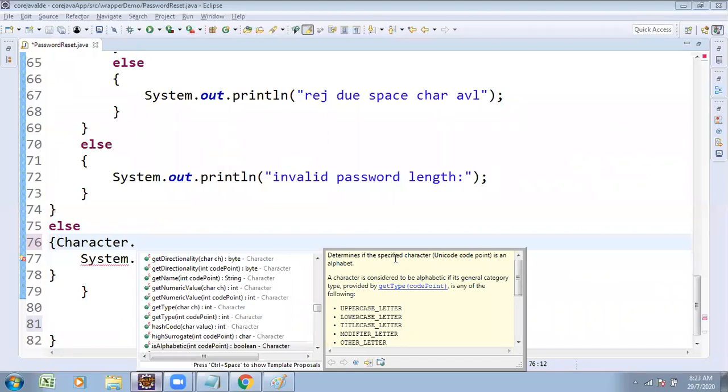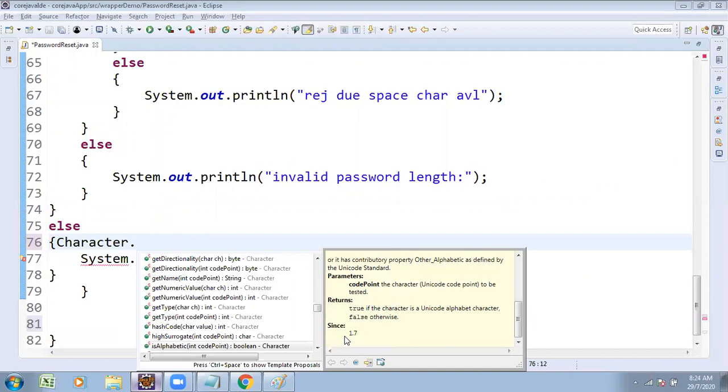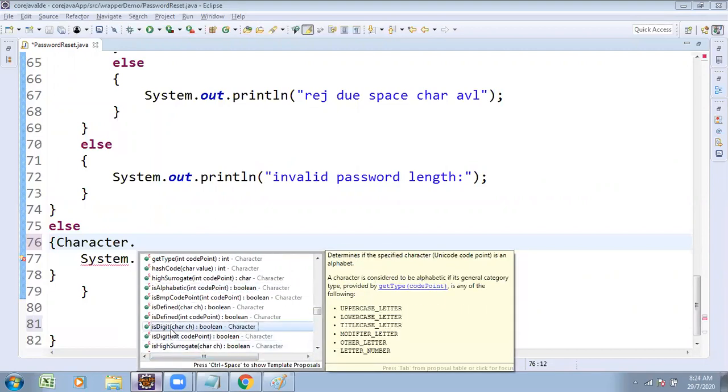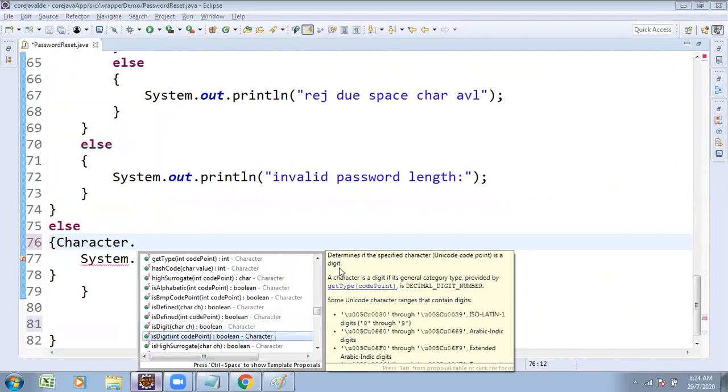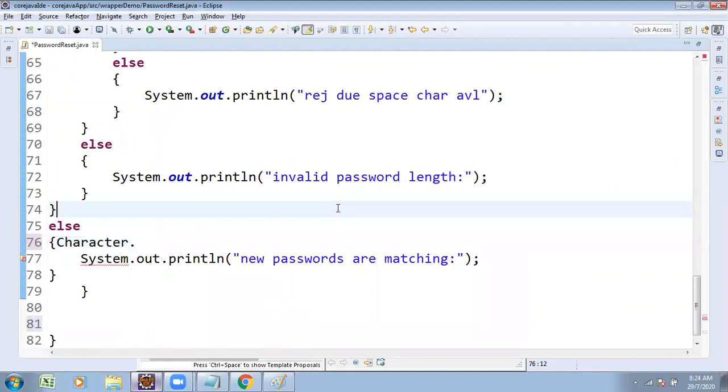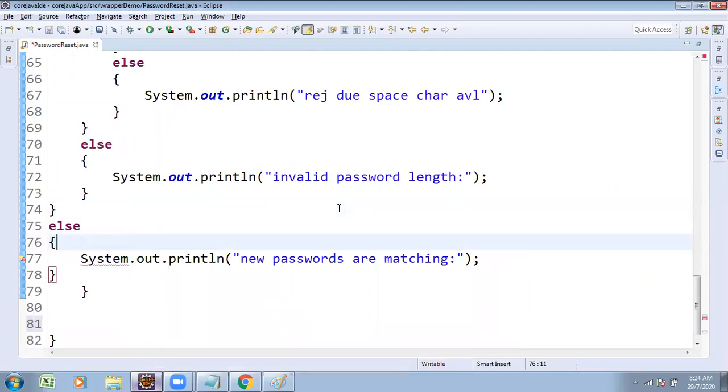Determines if specified character is an alphabet. So it checks whether that is an alphabetic character or not. Since version 1.7, that was added. So is digit method checks whether digit or not. Like n number of built-in methods are there, we can use those methods directly. I just showed you some examples related to character class methods.